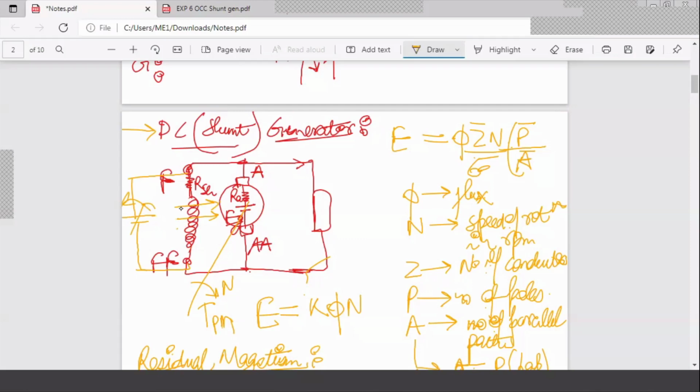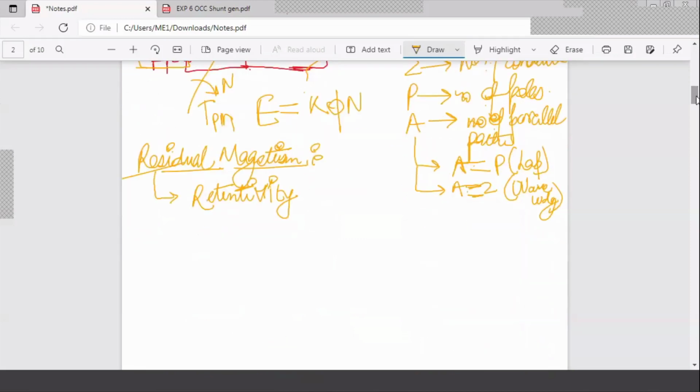Now because of that residual magnetism, what will happen? Whenever there is a rotation, the core is already having some magnetic flux, retentivity, right? So what is this E? Since we are talking about a generator, let me call this EG. EG will be directly proportional, as we have just seen, to flux multiplied by the speed. Now, whenever the speed is increased and the residual magnetic flux is there, let me call that magnetic flux phi residual, a small amount of flux.